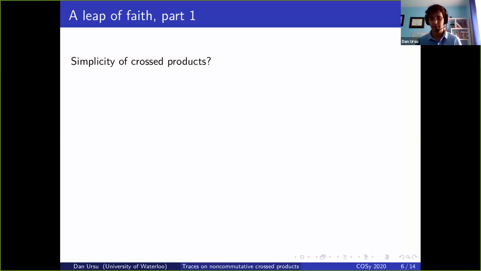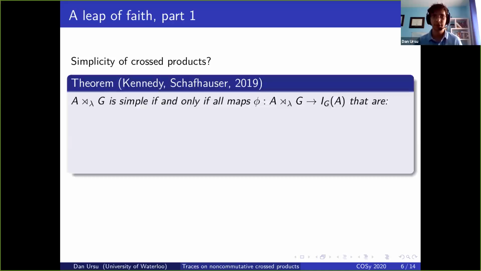Okay, so to get a little bit of an intuition for this problem, I'm going to be talking a little bit about something that's seemingly unrelated, and that's simplicity of cross products. So it's a result of Kennedy and Schaffhauser that for the reduced cross product, I'm lying a little bit here because you also need a minimality assumption on the action. But modulo that, the reduced cross product is simple if and only if every map from the reduced